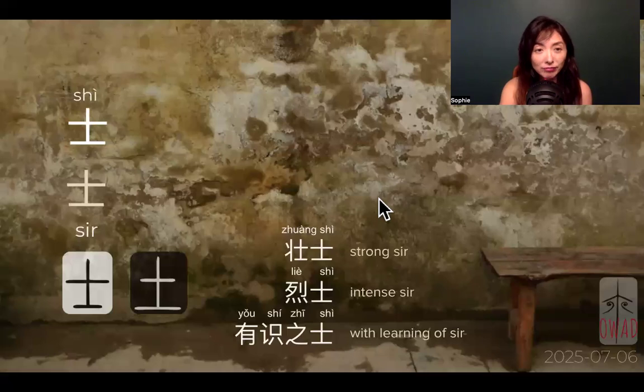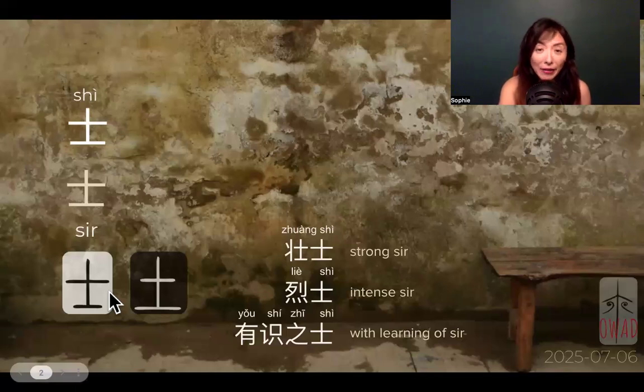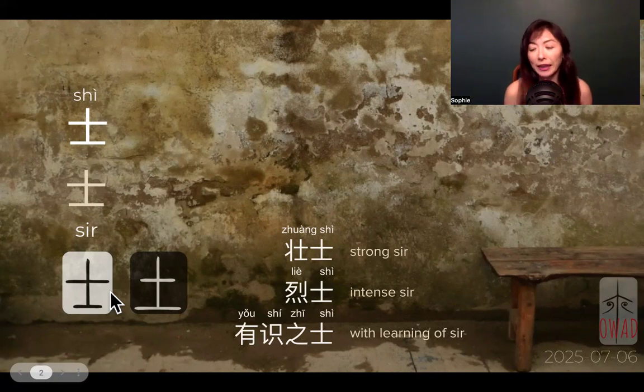Today's character, Shi. I here intentionally retained last episode's character, Wu, soil. And here I translate Shi as sir. I don't exactly know what English "sir" is. Apparently, in British English, sir is a special title, but in everyday language as well, people just address madam, sir. So basically, it's a gender label, a respectful way to address people.